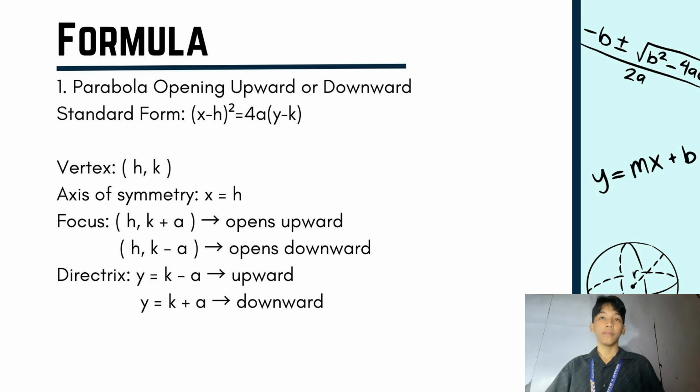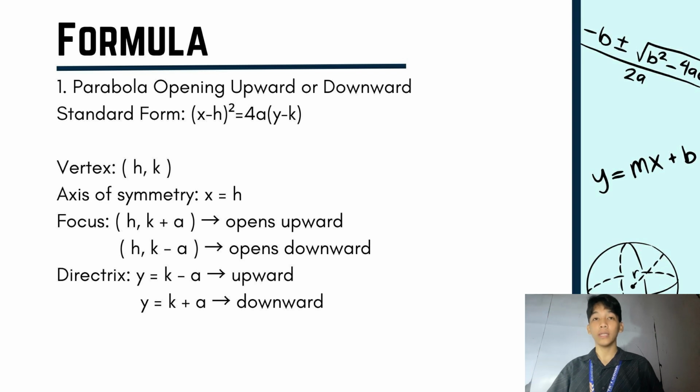Now, let's talk about the formulas for the different types of parabolas depending on their orientation or direction of opening. First, parabola opening upward or downward. Standard form: (x - h)^2 = 4a(y -